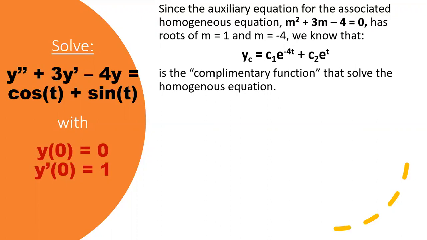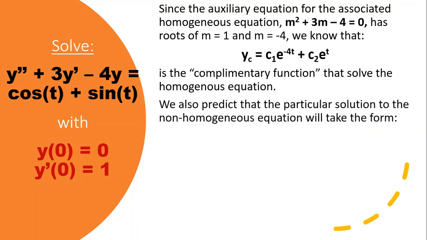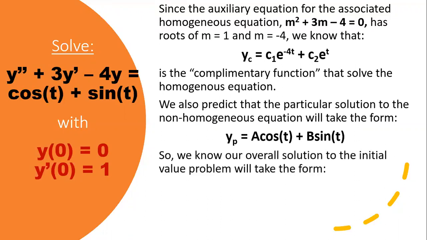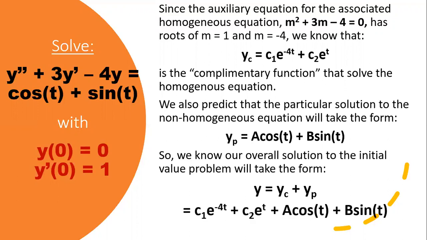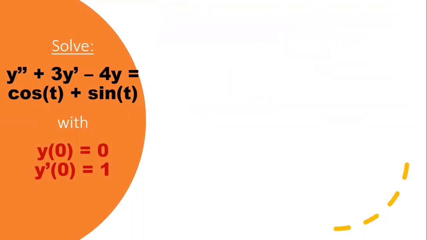As far as the non-homogeneous portion goes, we can predict that that solution will be of the form a cosine of t plus b sine of t. And so overall, the solution to this initial value problem must take the form complementary function plus particular solution. It's going to have this particular form. Now that we know that it has that particular form, the question is,